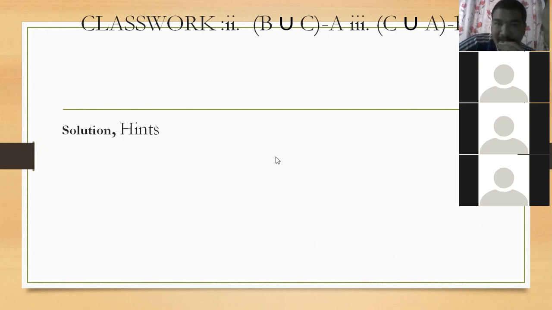Okay, now look here. Here I am giving the hints. As I told you, the Venn diagram will be the same. Only the shaded part will be different. Okay, for this one, I explained already. Now I am going to explain number 7. Here what you have to find first? First of all, you will subtract this one, A minus B.